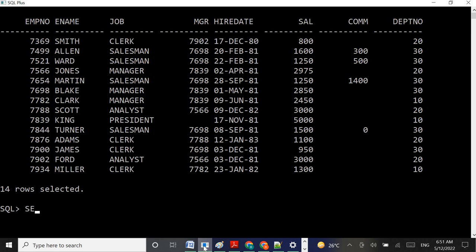So for that I am using the query: select, to get the details of a particular table, and star means all columns of a particular table. Whatever the table, we need to get the details from that table. That means we need to mention the table name here, and I need to get the details of the employee table. That's why I'm giving the employee table name here,